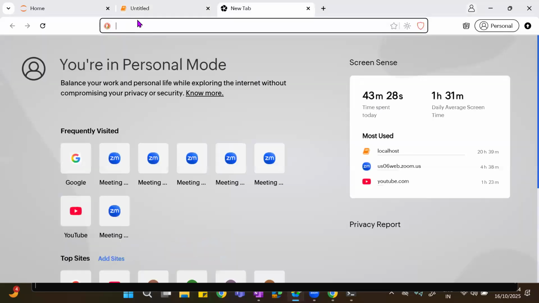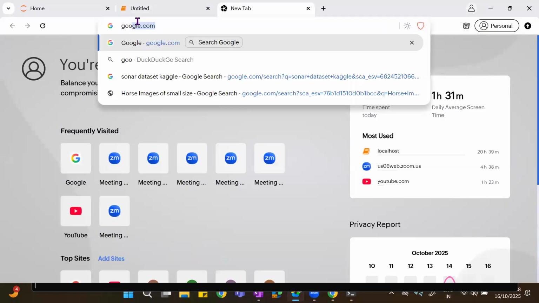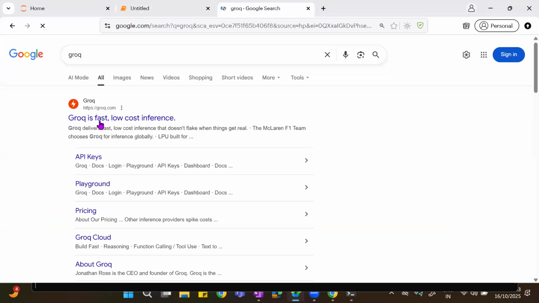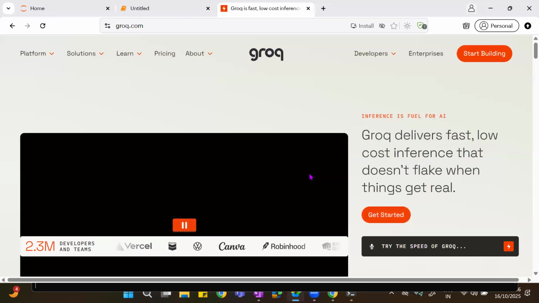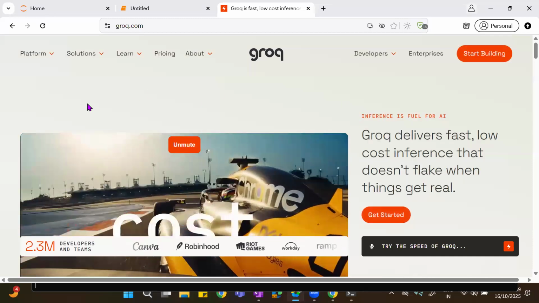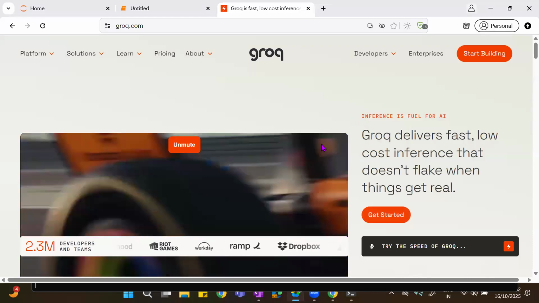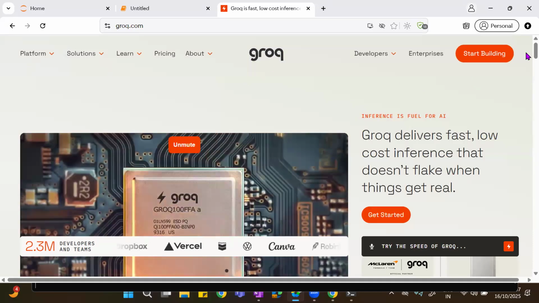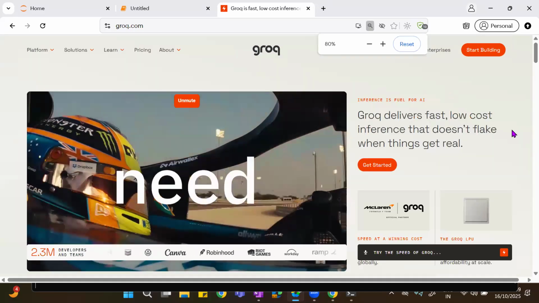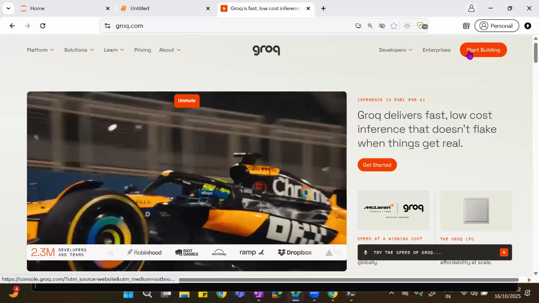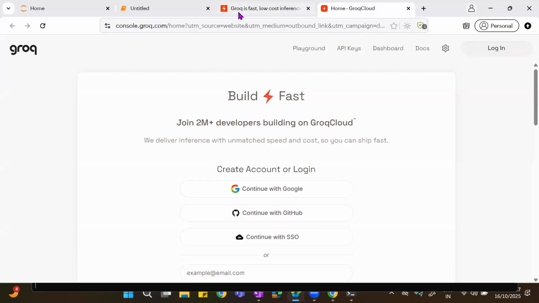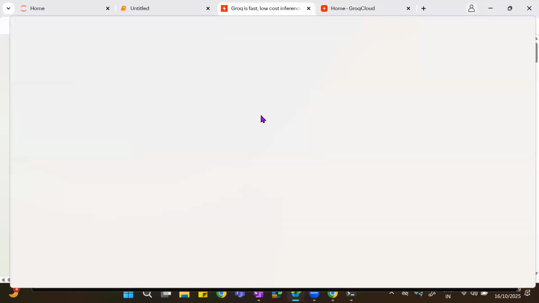Now let's go to Groq over here. This is a platform from where you can access some open source and closed source LLMs. You have to create an account over here.